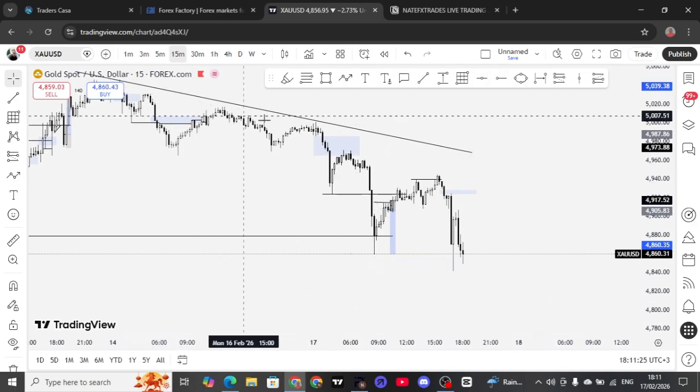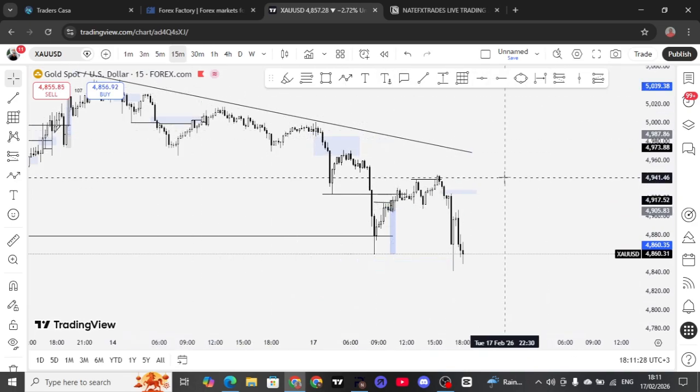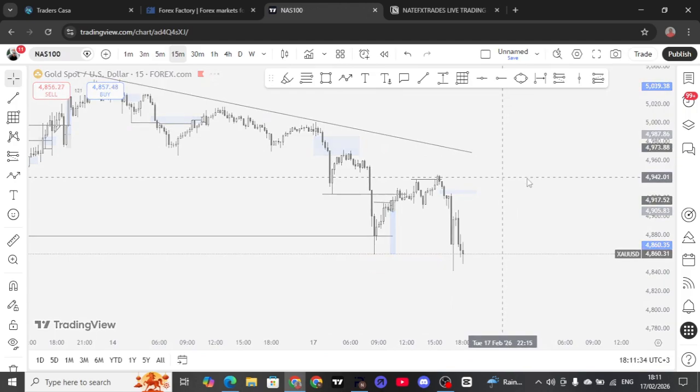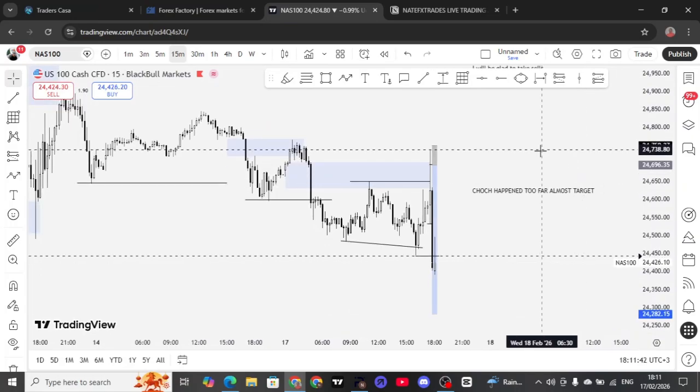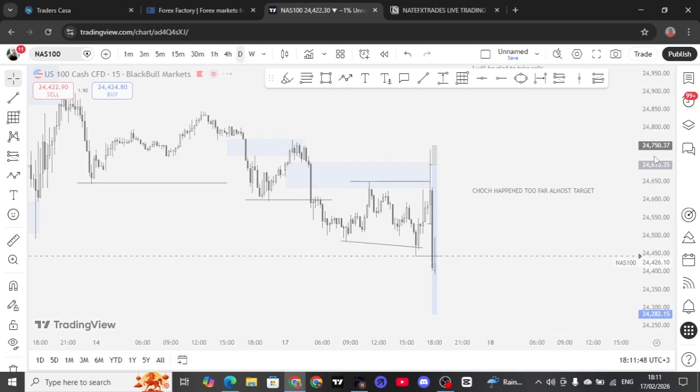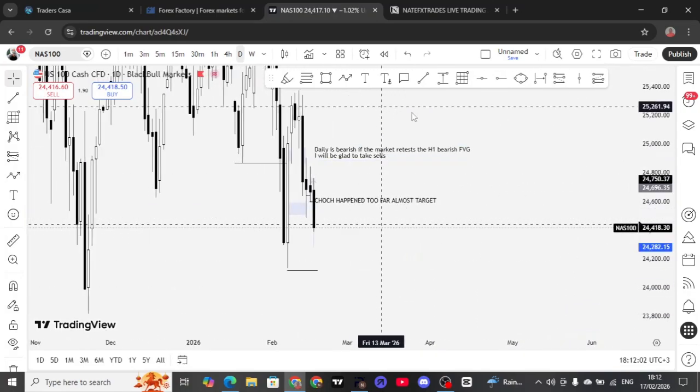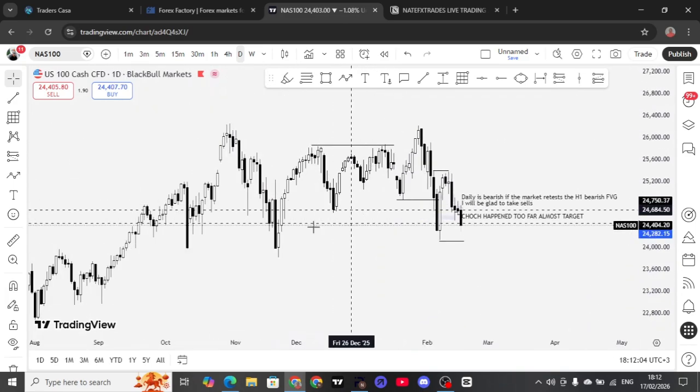Another trade that I was looking at was the NQ trade. Let me show you the NQ trade that I was to execute today. Let me begin from the daily time frame. Daily time frame is taking a little bit long, but you'll bear with me. My internet is a little bit slow today. Okay, so this is what I had.